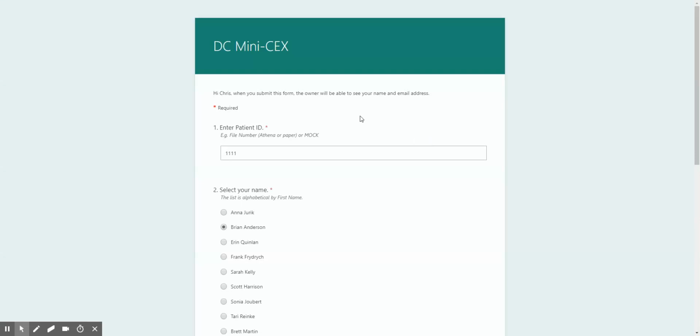I just wanted to show the DC Mini-CEX data entry form for the Mini-CEX assessments. When you are completing a Mini-CEX assessment with the intern, you may have the screen in front of you, and while you're doing the assessment, you can actually mark down the score that the intern gets from that